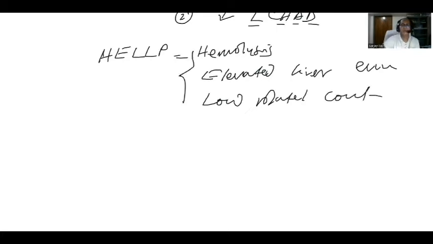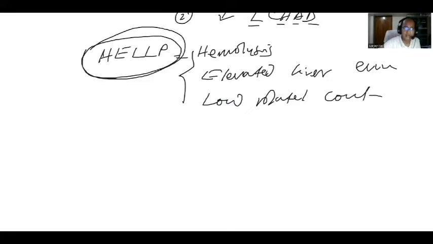So these are the 3 points in HELLP syndrome. We must keep in our mind that HELLP syndrome actually occurs on the background of preeclampsia,